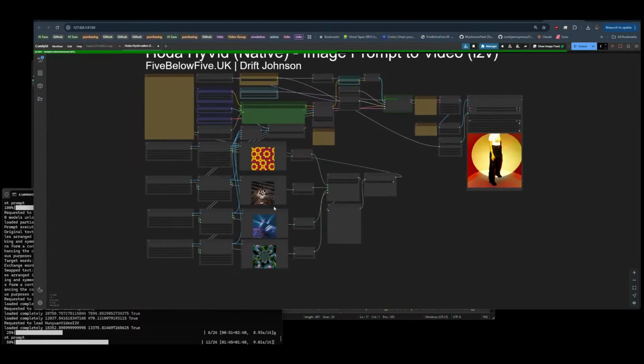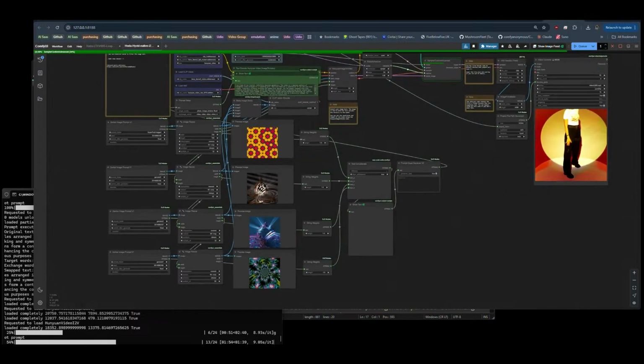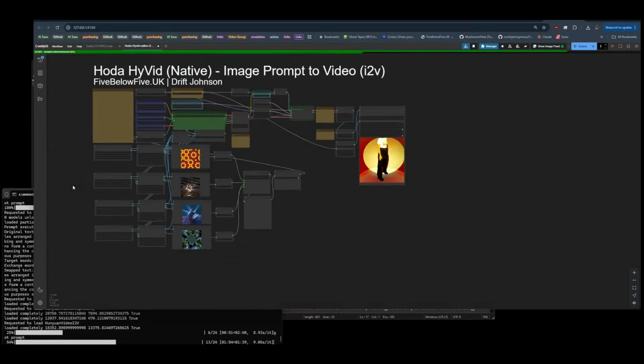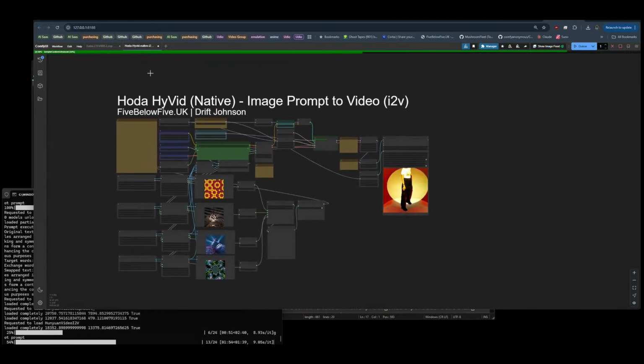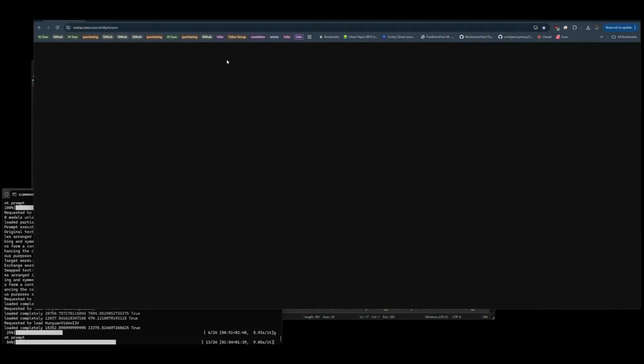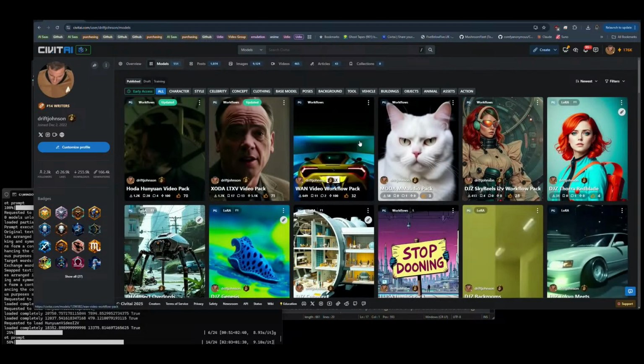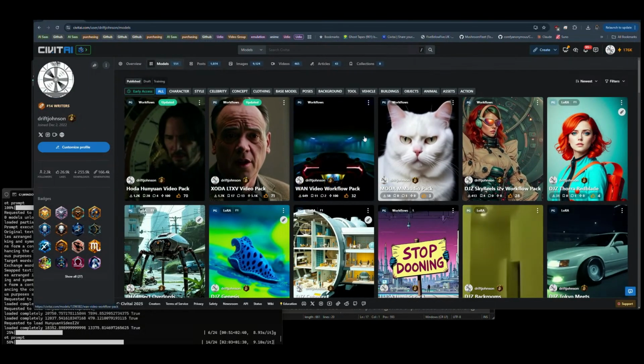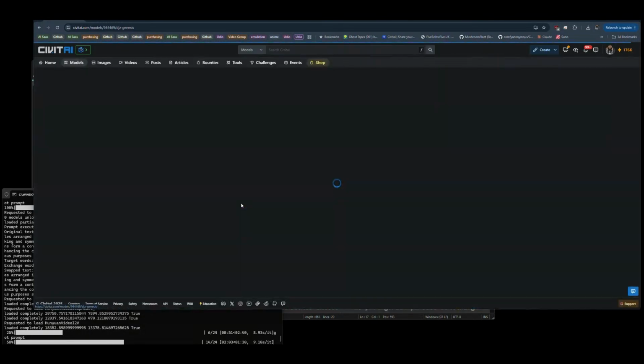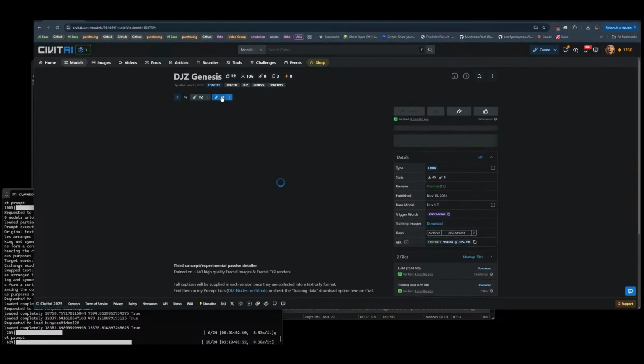Yeah, the fractals. You can get my fractal model on Civit. It's called Genesis 2, I think. Yeah, if you want to load them up. I've trained it in Flux. I might even do a retrain soon as well, actually. Or maybe I already did it. Yeah, I already did it. Okay, so DJZ Genesis. So this was version 1,